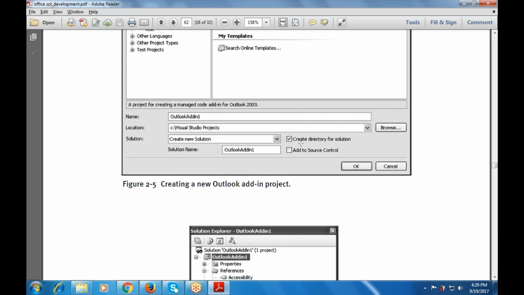And these are the two checkboxes. Create the directory for the solution, add to the source control. Then browse, then solution name,